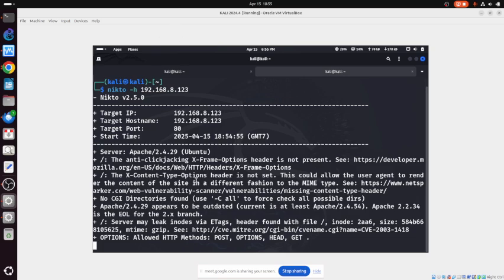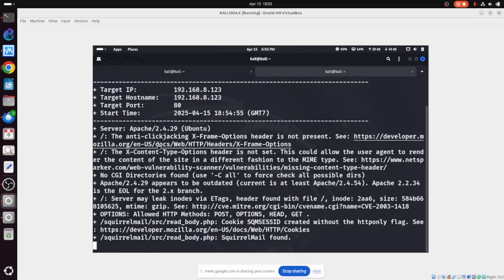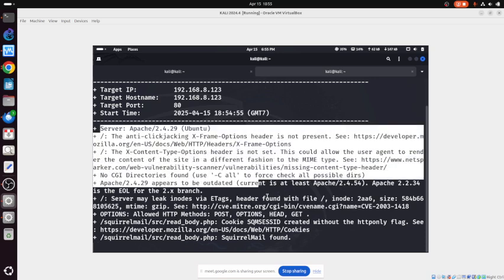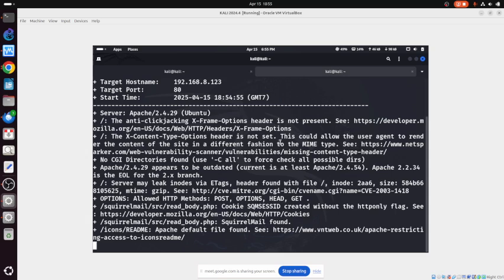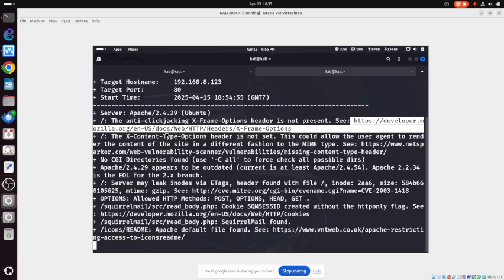The good thing about Nikto is it will show you directly the problems of our server. This is actually the report. So we have a problem with anti-clickjacking: the X-Frame-Options header is not present. We can read more about this on these websites.